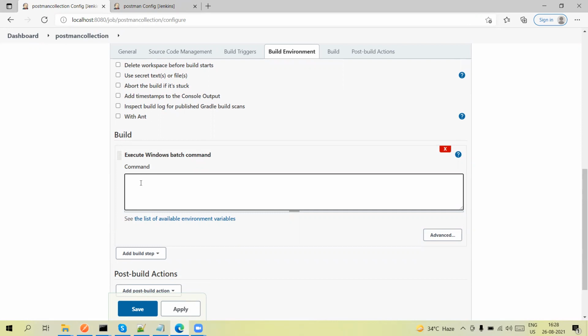Before going to run the commands, make sure Newman is already installed in your system. First you need to install the node modules, then you will install Newman. Both should be set up in your environment. If you want to know how we set up and install Newman as well as the node modules, go to my previous video, where you will get more detail. So now here we need to type the Newman run command and paste the collection, this is the public URL of our collection.